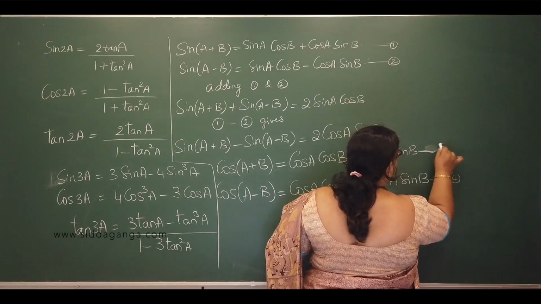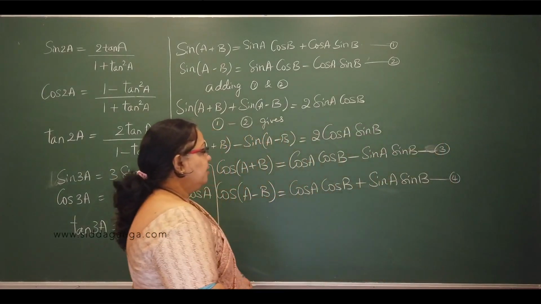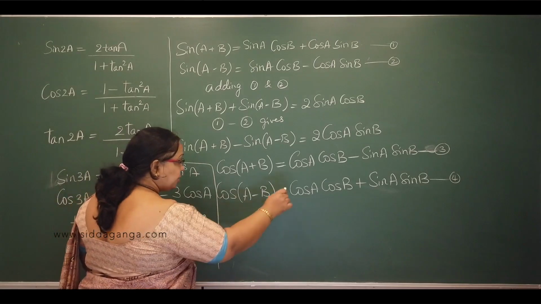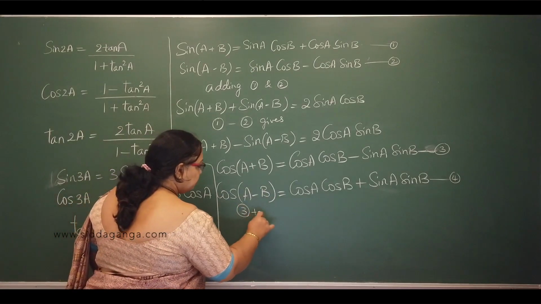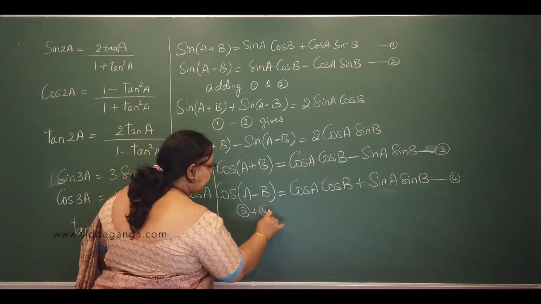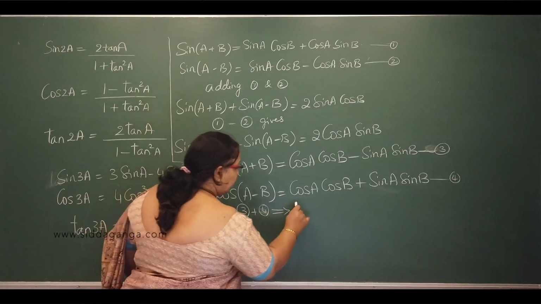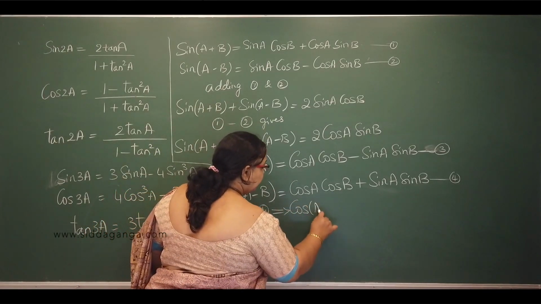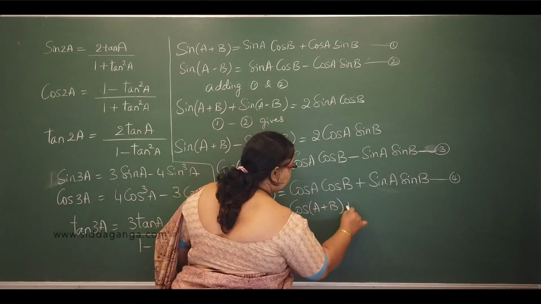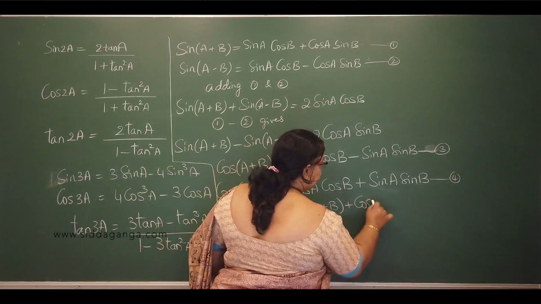When we add equations 3 and 4, it gives cos of A plus B plus cos of A minus B